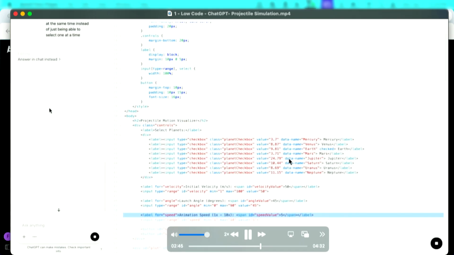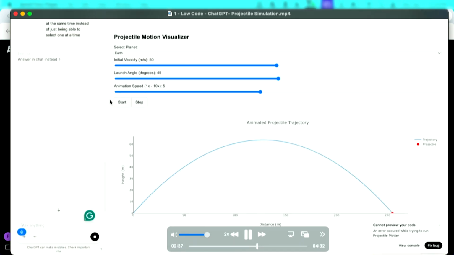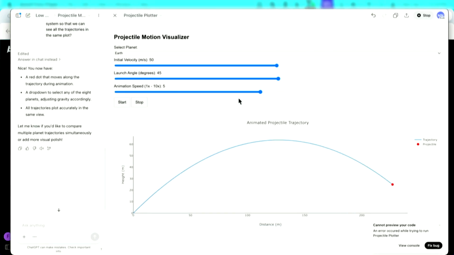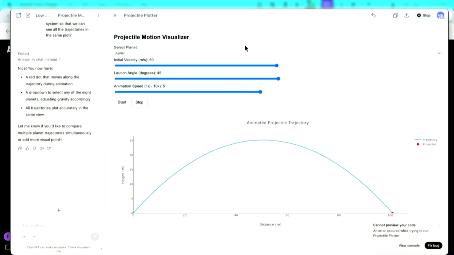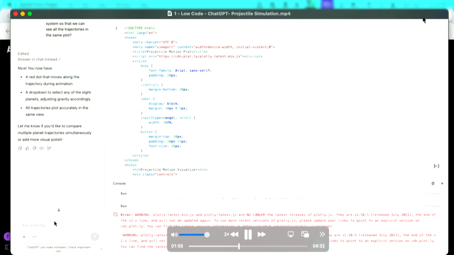And so it's almost like your little coding assistant there, and you're just kind of telling it what to do. Yeah, it's the person doing the work. Yeah, exactly. You can see that the pull down for the planet is still a pull down, not a checklist. Right? I wanted to be able to select multiple planets so I could see all the different trajectories for all the different planets. At once, yeah. And so it's still a pull down. And so I am going through over here, and I'm trying to change it. And it will.